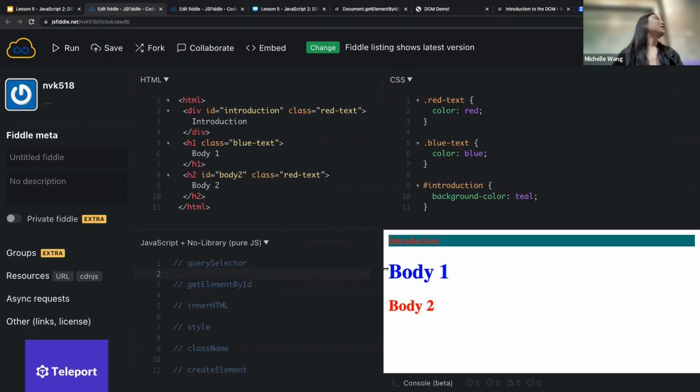We could select that by using querySelector, because that blue body one thing is the H1 with the class blue text. So what we could do is const body1 equals document.querySelector and then